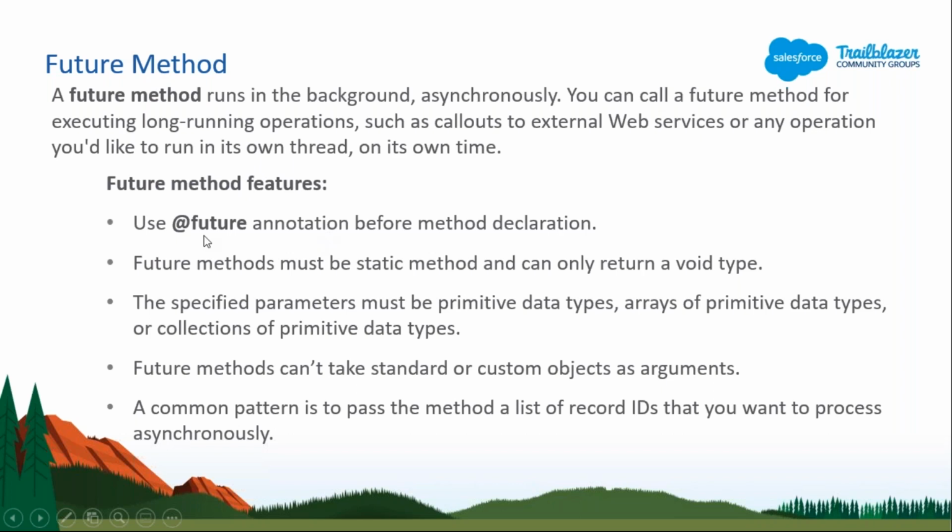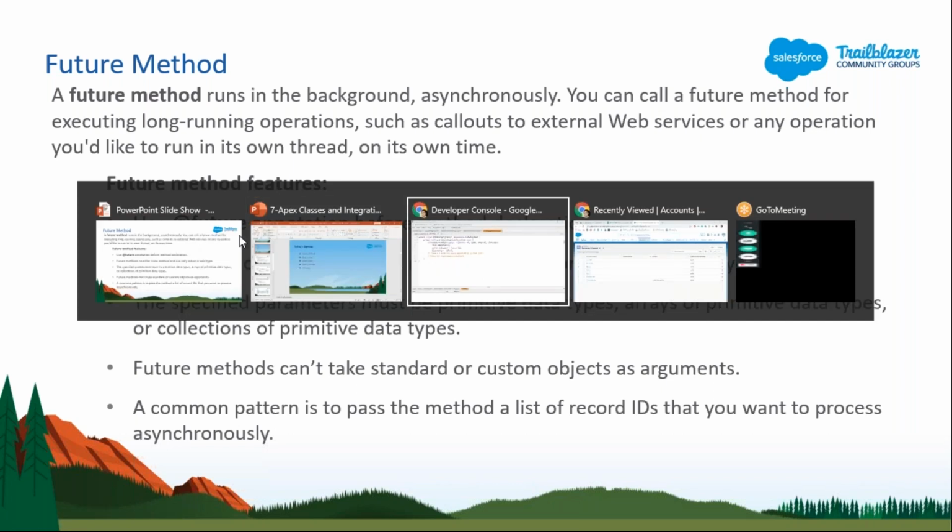Okay. So to use this future method, in our simple Apex class, any method we write is static void and the method name. That is simple. We don't need to do anything else. We just need to annotate it. We just need to write @future before the method name. So let me show you here.